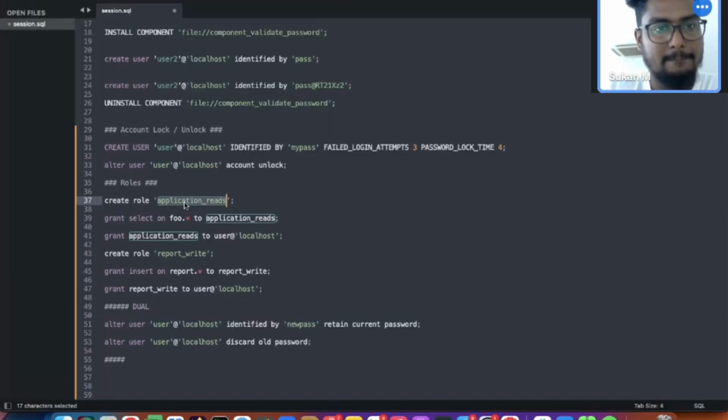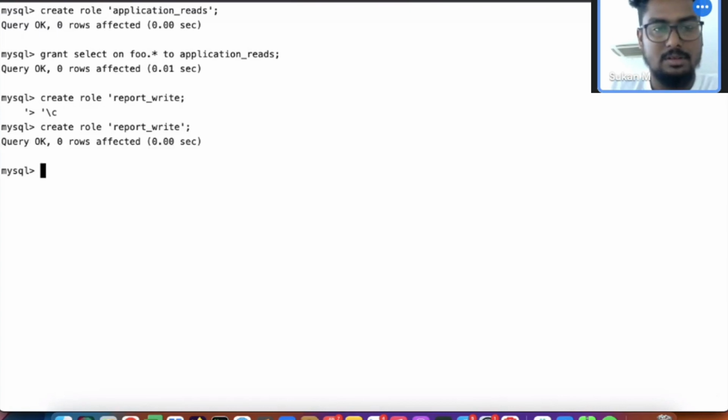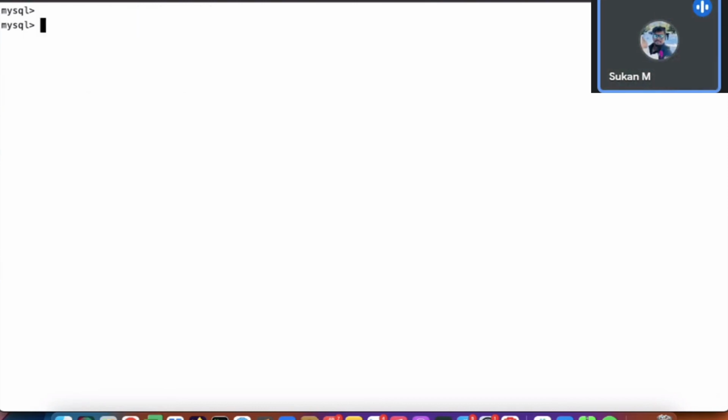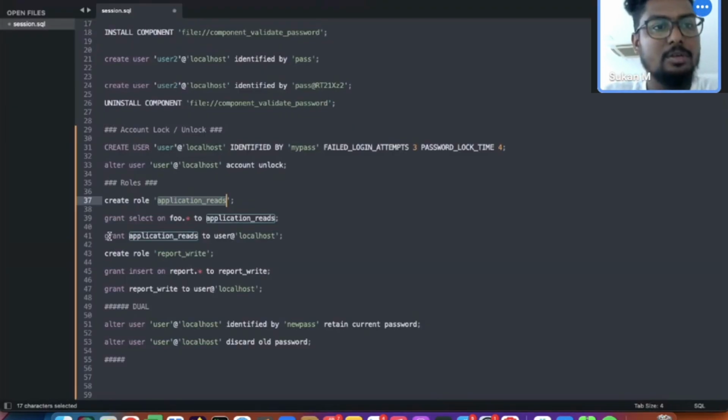Now I will create another role, create role, and the role name is report write. Then I will grant insert on the report tables to report write. So now you have two roles. Now there is a request coming from the developers that I need to create a user. That user will access the foo database. Now what you can simply do is